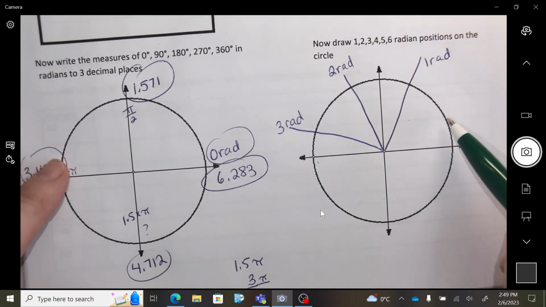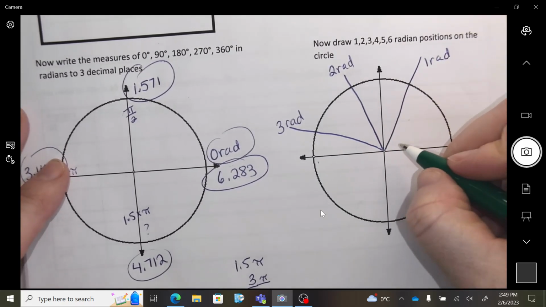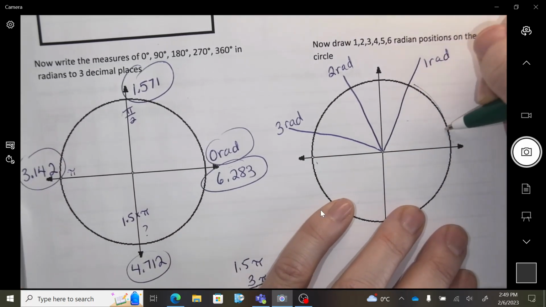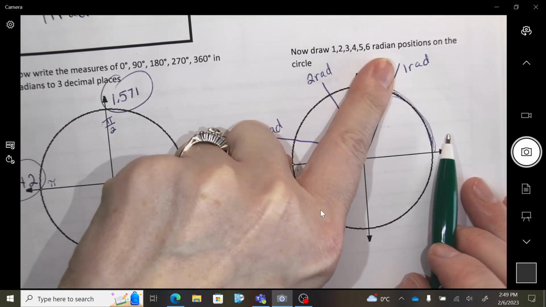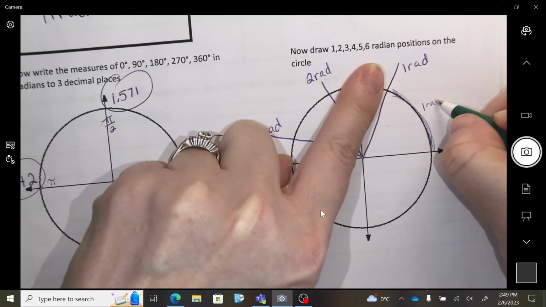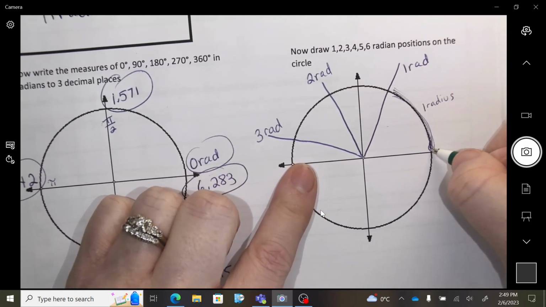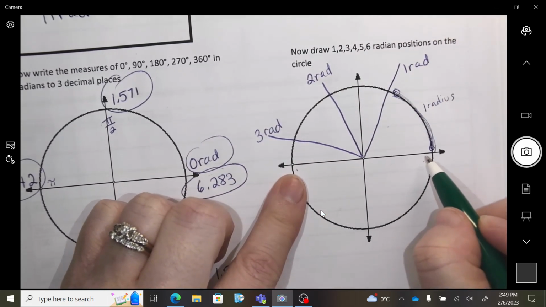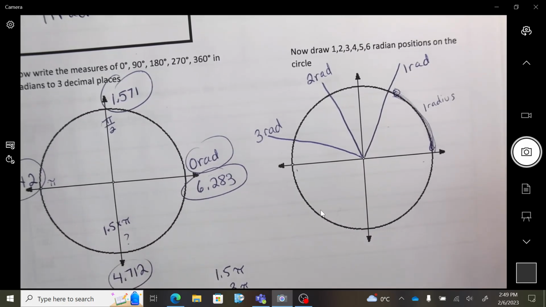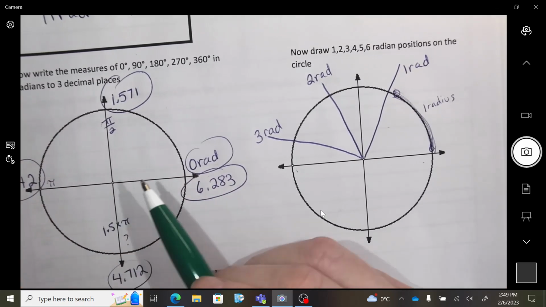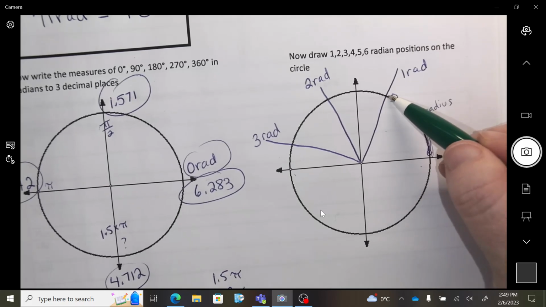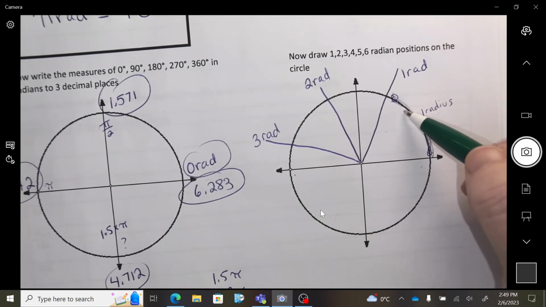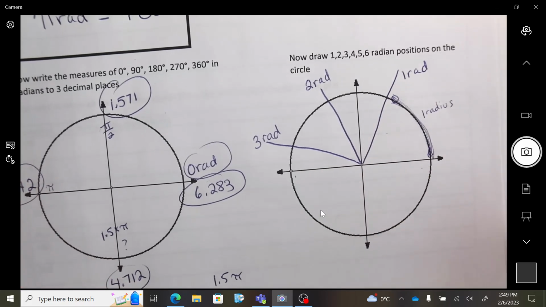Okay. So a radian is equal to the radius. See how I cut this into 1 radian? This would be 1 radius length. But isn't the top, you said it was 1.5, so wouldn't 1 be exactly at... Well, I don't know, it's 1.57, so oh, okay, sorry. It's a little bit closer, just a little bit over half. Yeah, I don't know. And then 4